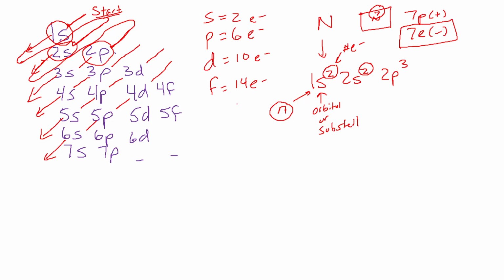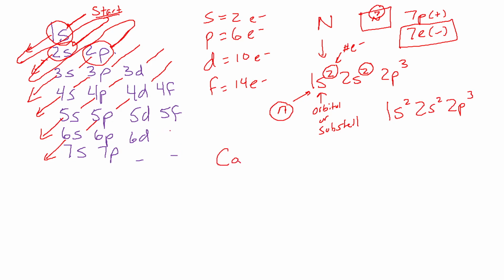That's the way you say it. That's also the way you write it without the circles. So again, it would be 1s2, 2s2, 2p3. No commas, no dashes, which is what people for some reason like to do a lot when they're writing electron configuration. Now, if we look at something like calcium,